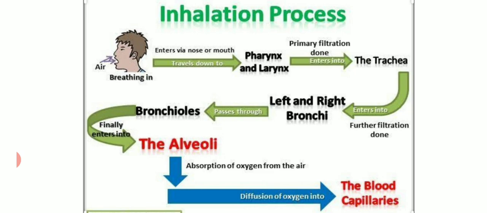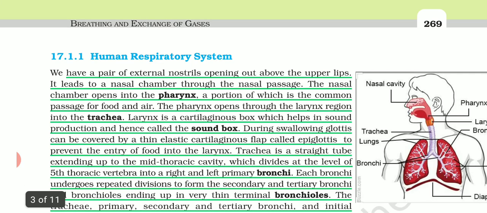And after filtration, which filtration is required? Because unwanted foreign particles can enter, there are cilia present in the pharynx which can trap those microorganisms or other unwanted particles, and sometimes we start sneezing as well, or allergic kinds of reactions can start. And then coming to the windpipe, that is the trachea. From the trachea it will enter into the bronchi, and finally into the bronchioles, ending at the alveoli. So the alveoli is the surface where exchange of gases takes place with the blood capillaries.